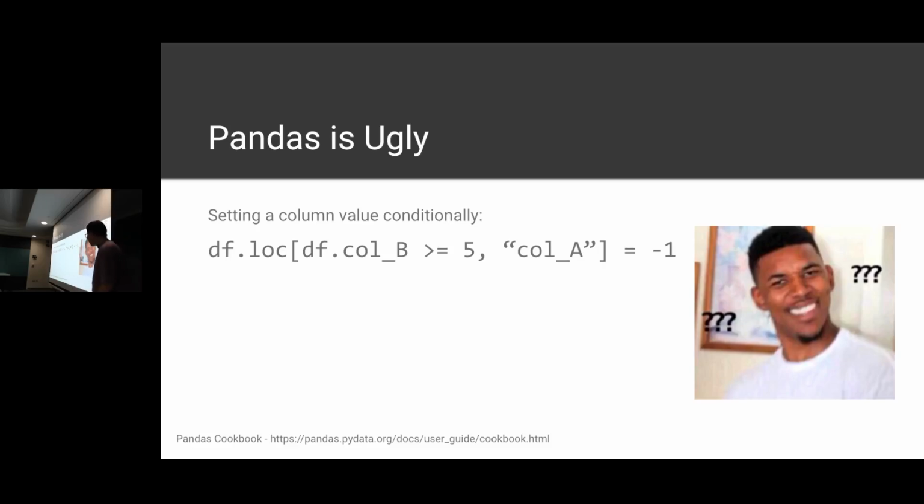Next, let's get even wackier. Very standard stuff, stock standard stuff that you want to do, setting a column value. We have two columns in our data frame, our table of data, column A and column B. We want to set column A value to be -1 when column B is 5 or more. Suddenly we are seeing